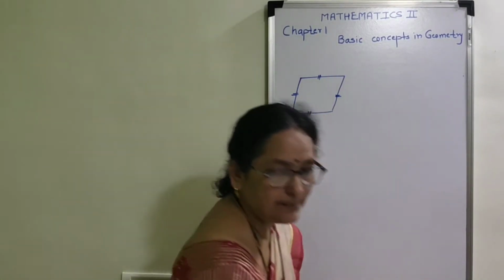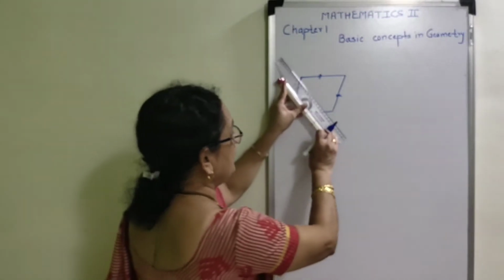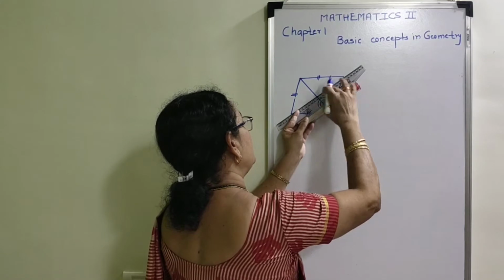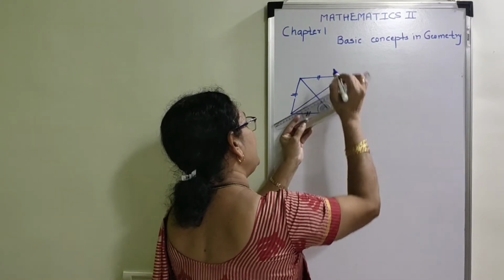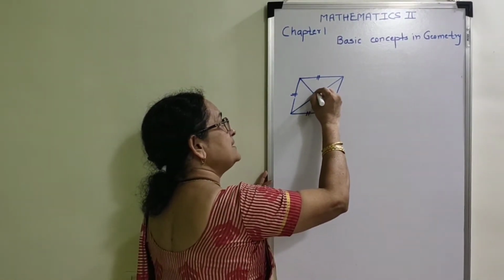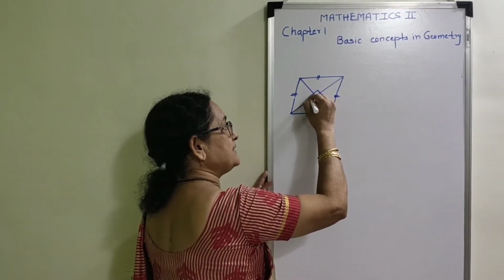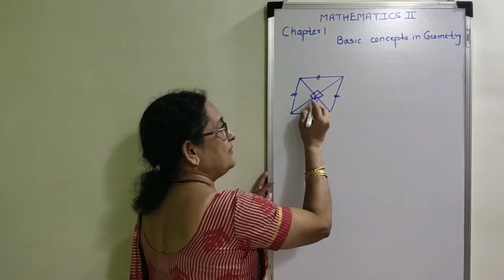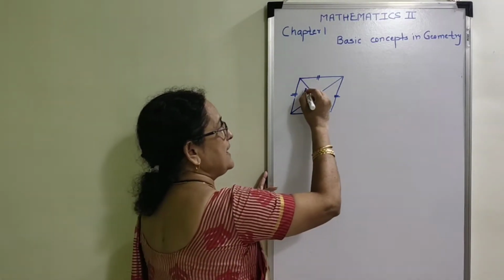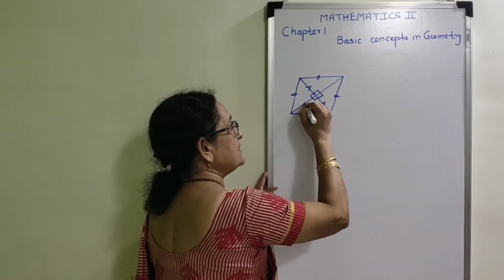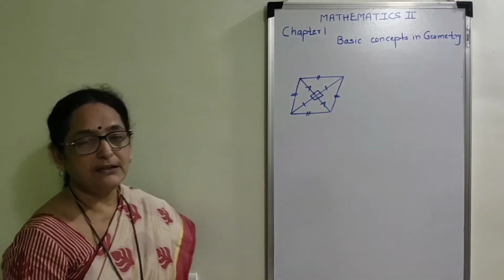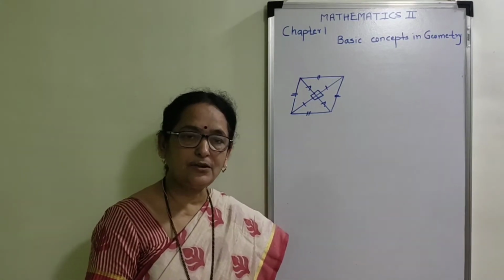Now we know the important property related with this quadrilateral, that when we draw its two diagonals, then the property related with diagonals of rhombus is: the diagonals of rhombus are perpendicular bisectors of each other. That means when the diagonals intersect, they make an angle of 90 degrees, as well as the equal two parts of the diagonals are congruent to each other, and therefore this is the important property related with rhombus.